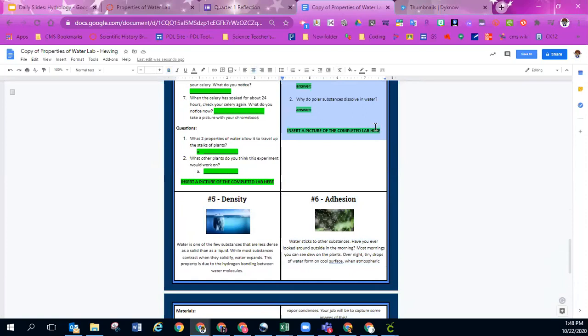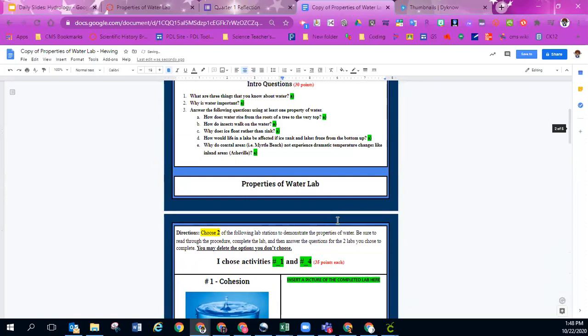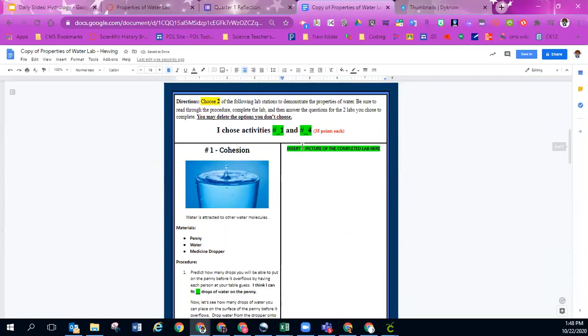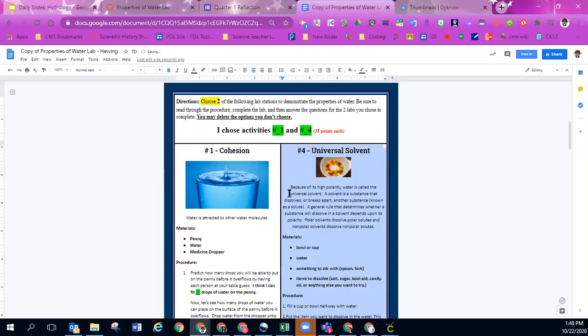All right, so I'm going to cut and paste number 4, because that's the one that I decided I wanted to do. And I'm going to paste it right here. And go. There it goes. Those are the 2 that I decided that I wanted to do,